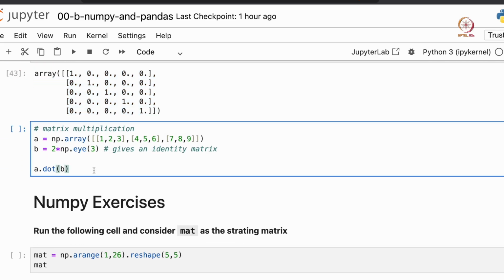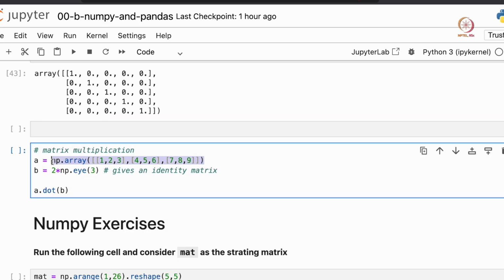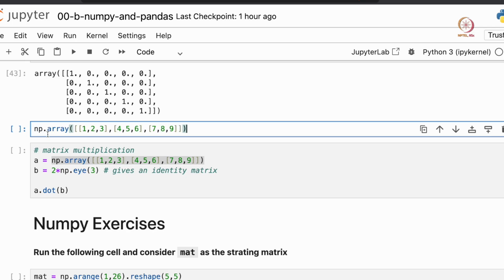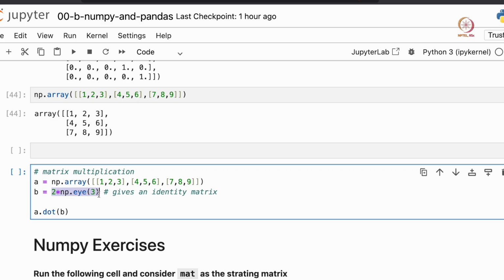Now we can also do matrix multiplication. So matrix multiplication is the same as doing a matrix dot method and then providing the other matrix. So let's say we have created a matrix A and an identity matrix B multiplied by 2. So let's print out A here. So this is how A looks, and B is 2 into np.eye(3).